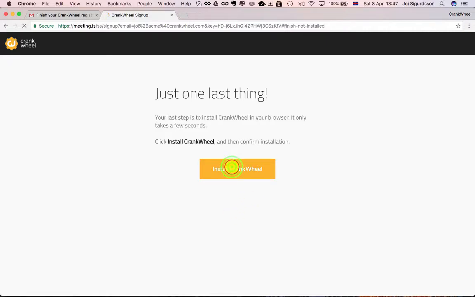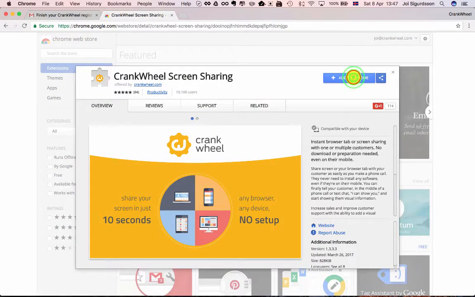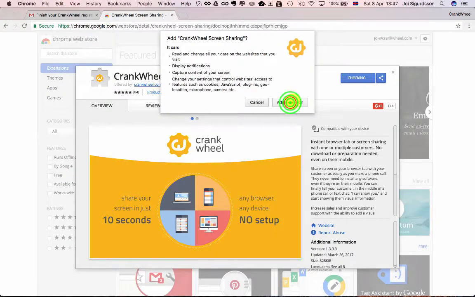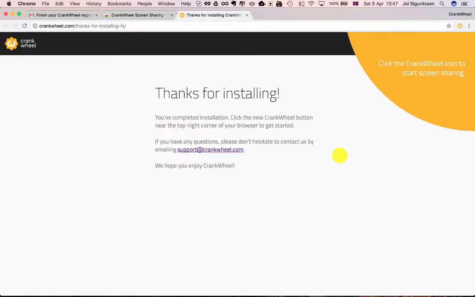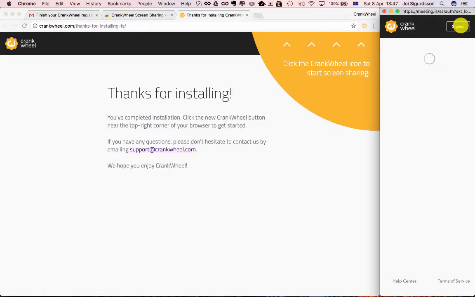Let's click to install, then click Add to Chrome and confirm. You'll see a page that thanks you for installing and points you to the CrankWheel button that has been added to your browser. Anytime you want to use CrankWheel, you press this button, and that opens up the CrankWheel control